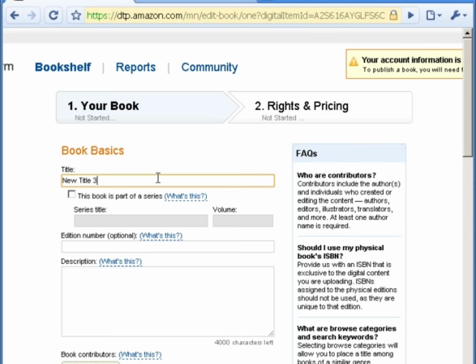But it was just a good learning experience to be able to know how to use a WYSIWYG tool, which can apply later on as well. But anyways, for the book basics, you're going to need your title, the author information, the description, keywords, and roughly the price that you want to put. Now I'm going to show you different options that you can price and revenue sharing and things like that. So enter the title,